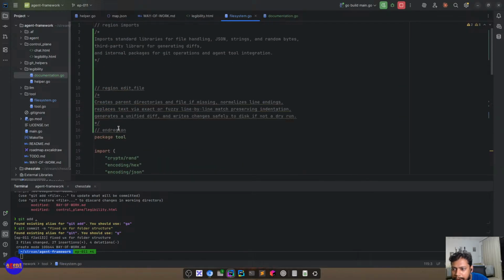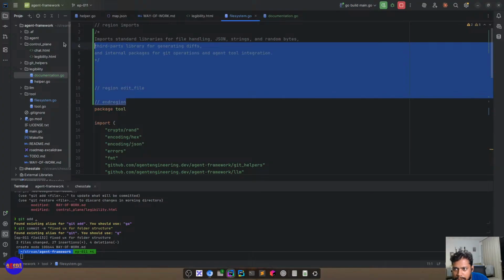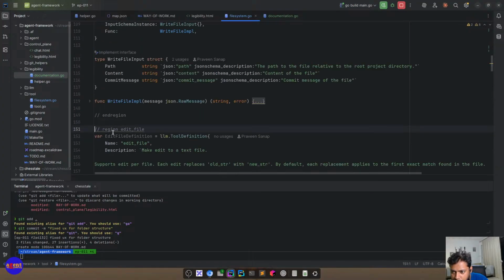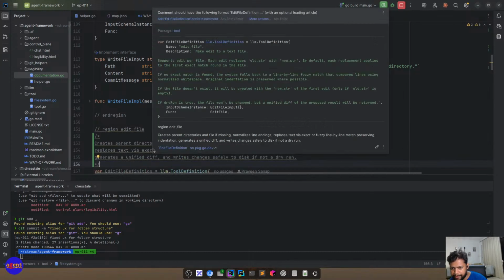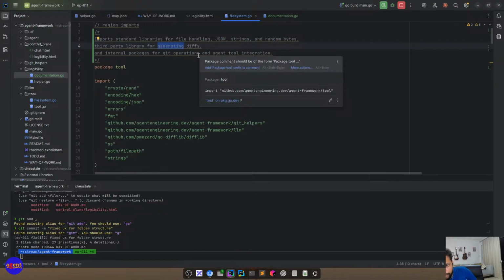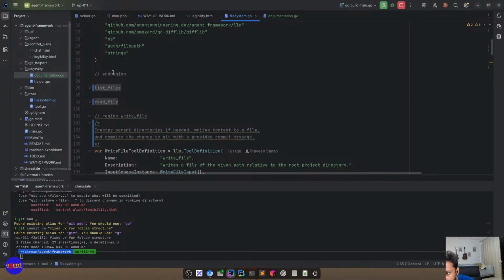This is manual right now. We're gonna automate this soon. For now, let's get this. Okay. So imports standard library for file handling, JSON, strings, random bytes, third-party library for generating TIFFs, internal package for Git operation and agent tool integration. Makes sense? In region,